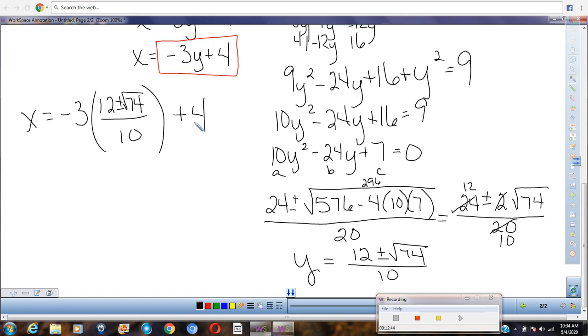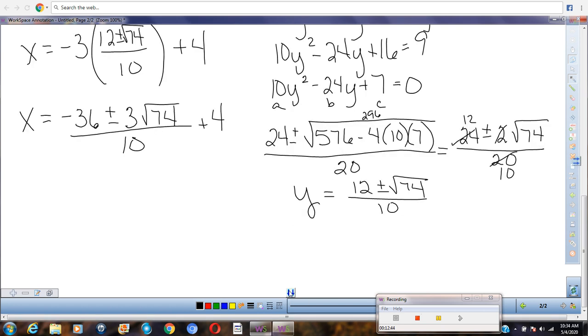All right, lots of different ways to simplify this. I have x equals, we can go ahead and distribute the negative 3 through. So we have, let's see, negative 36 plus and minus a negative 3, so that just leaves the signs the same, square root 74 over 10 plus 4. Now, to make it a little bit easier to simplify, for me, I would